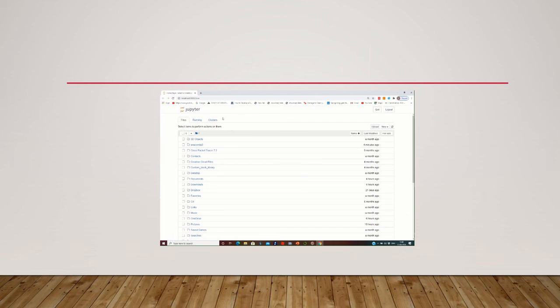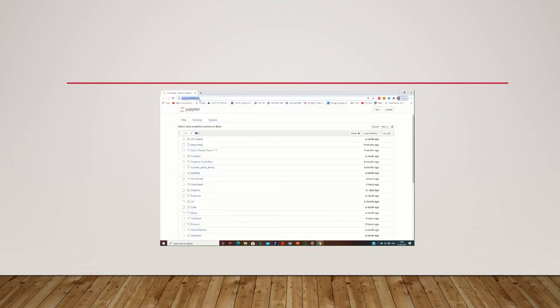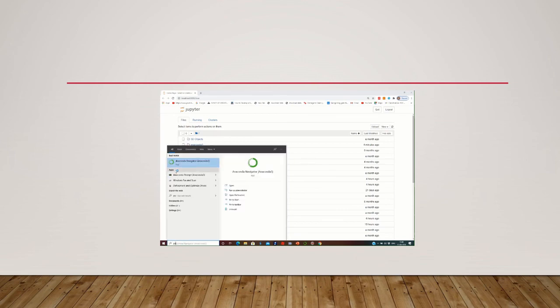The important point here is it always invokes this notebook from the root directory. So here we have selected this Jupyter notebook from the root environment. So it shows this localhost. And if you want to work on a specific folder, then what you have to do is go to the Anaconda prompt,